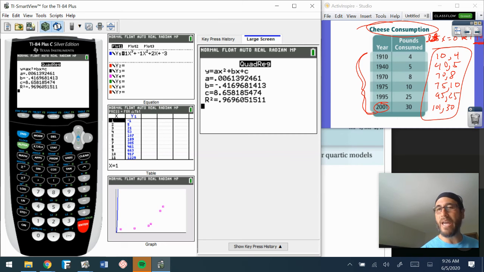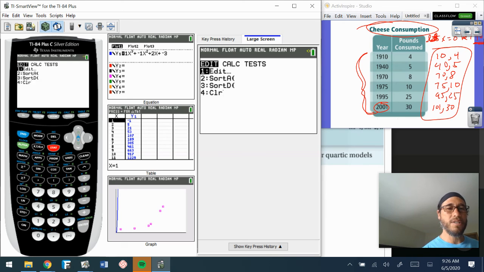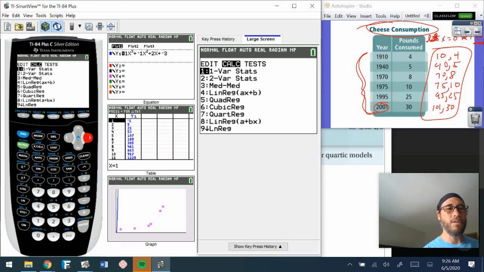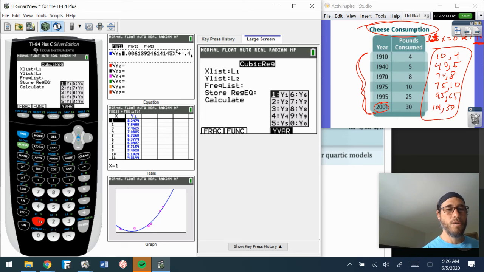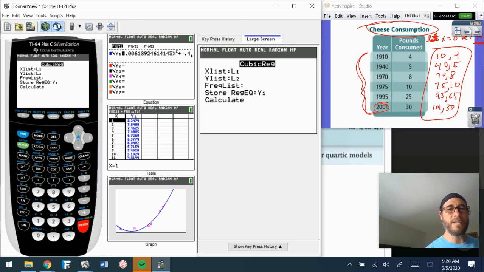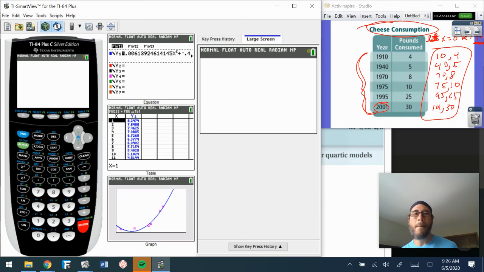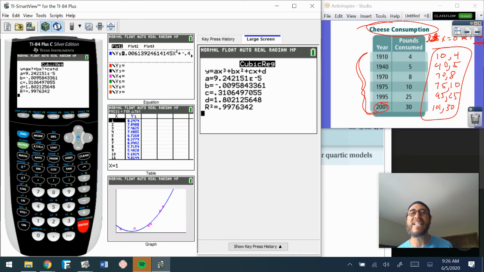I'll get fired, right? My company wants to know exactly how much cheese I need. So I'm going to go stat, go over here to calc. Let's go ahead and do, what did I do? Quadratic. So now we're going to do 6, which would be cubic. Enter, enter, enter. We're going to go alpha trace, y1, enter, enter. What do we got here? R squared, boom! 99.7. Is that, I mean, that's pretty darn close to 100%, Mr. T,